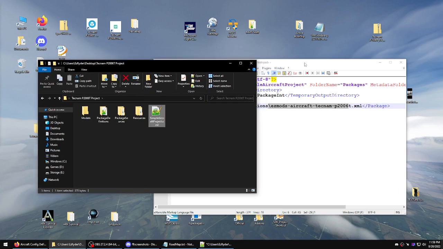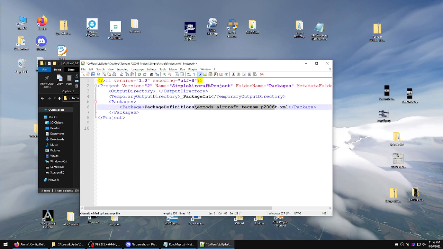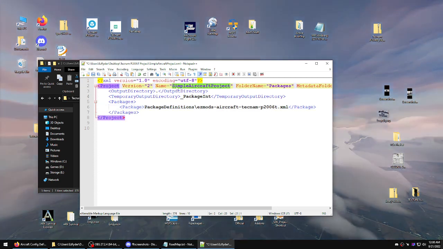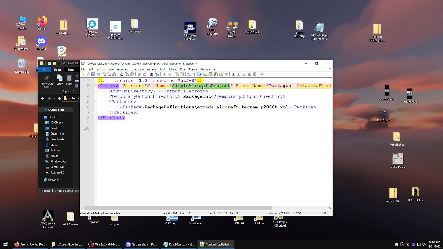All right, back to this one. Okay, this is an internal name that we can pretty much name anything we want. Let's leave project on the end of it. Packages. This is the output folder that the add-on will actually end up in. Now, you can leave it or whatever. I don't necessarily like it. I like